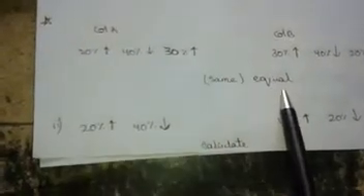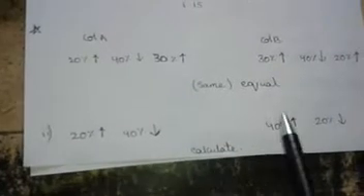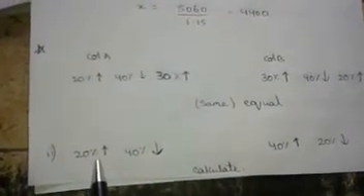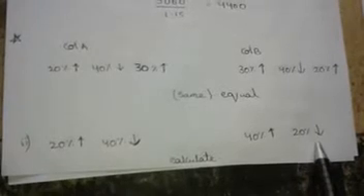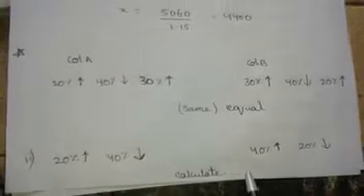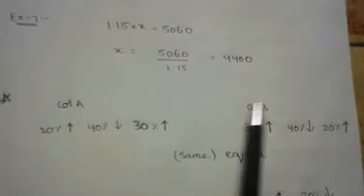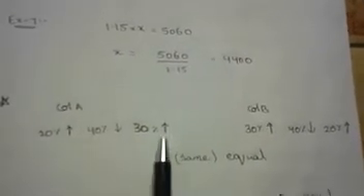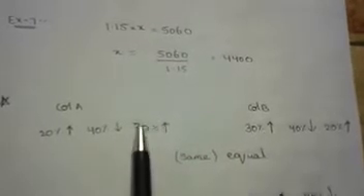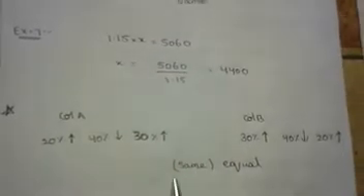Now let us have a look at a different scenario. A number is increased by 20% and decreased by 40%, whereas another number is increased by 40% and decreased by 20%. Even though the numbers appearing in column A and column B are the same, when you observe closely, you find that 20% is increasing here, whereas 20% is getting decreased here. So you need to calculate in order to get the answer. Whereas in the above question, 20% is increasing here and 20% is increasing here, 40% is decreasing and 40% is also decreasing, and 30% is increasing and 30% is increasing. So you need not do any calculations there.